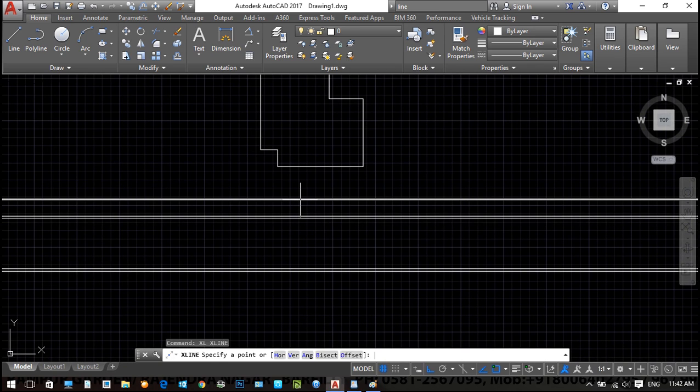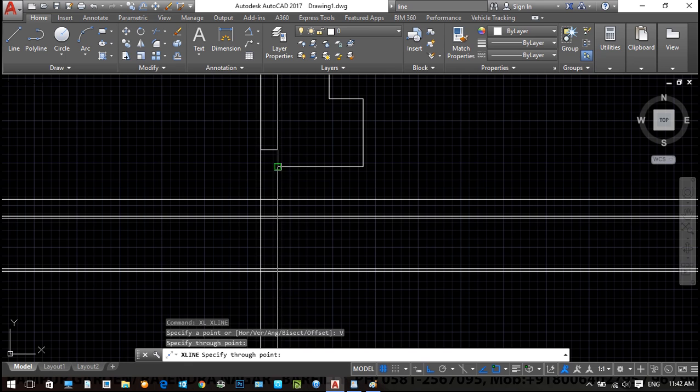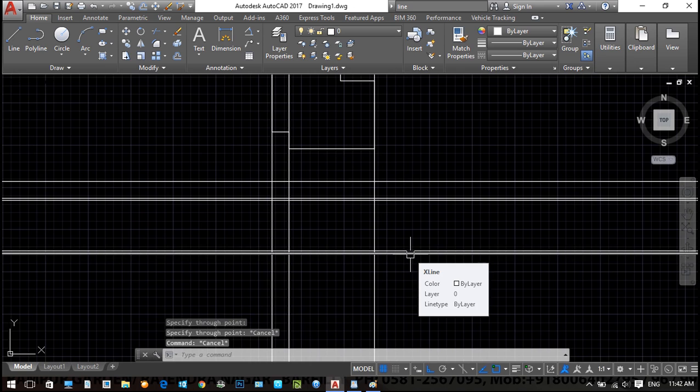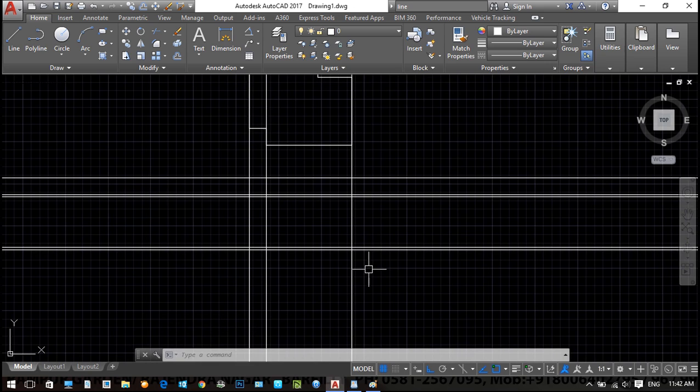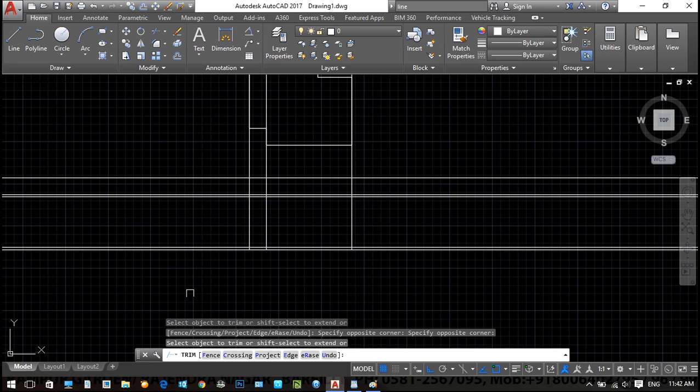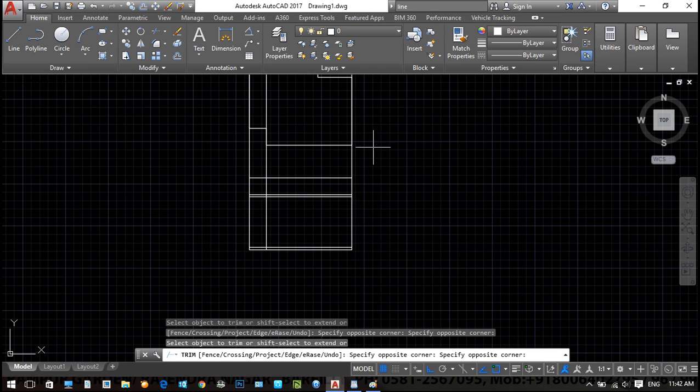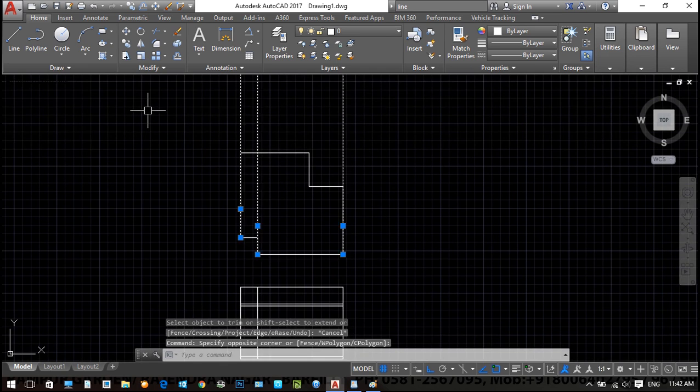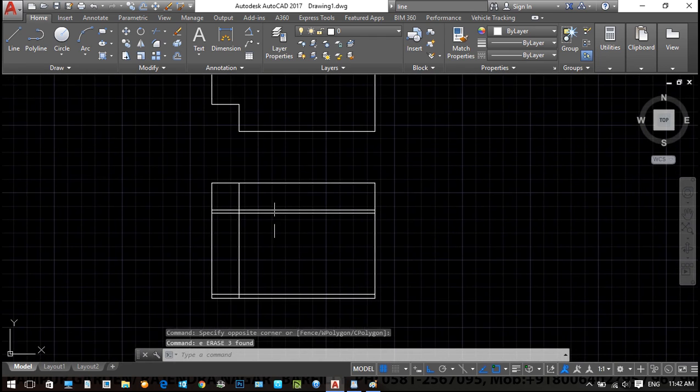So Excel enter. Which option can we utilize? Vertical or horizontal? To create projection of these vertical, so that we click vertical, and then we click on this. Wait, now we press trim command. TR enter. Which one? Trim. Trim is utilized to trim entities. TR enter. Now we trim these lines, and then delete remaining lines. So it will create an elevation of that one.